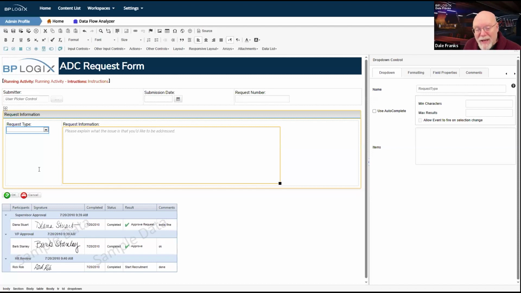This might be a valid use case for, rather than creating a drop-down object, which I am, make no mistake, going to use for this control, but I'm going to do it to illustrate the use of drop-down objects. But this is one of those cases where this request type is probably going to be unique to this form. I'm probably not going to need to reuse it anywhere else.